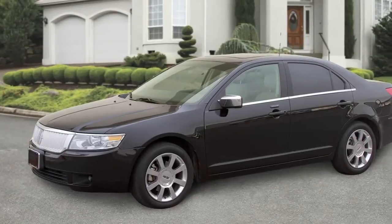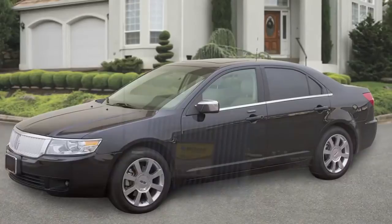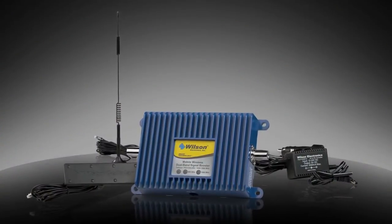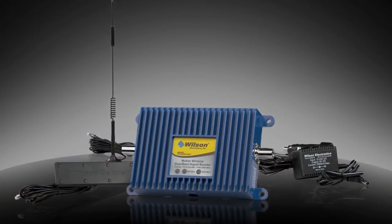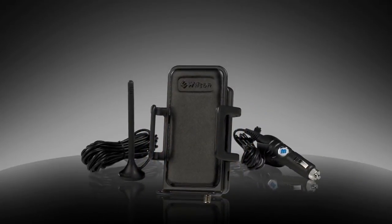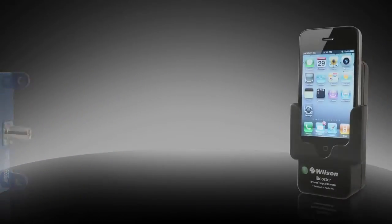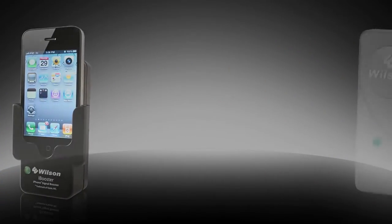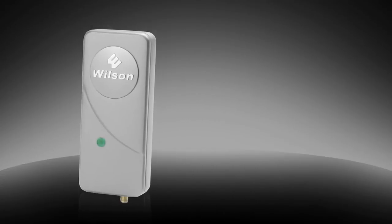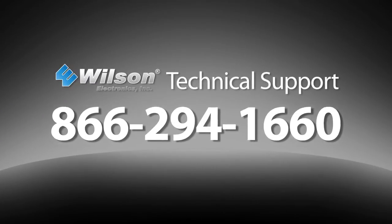In this video, we'll show you how to install a Wilson Electronics cellular signal booster system in your vehicle. We'll be installing the 801.212 dual-band mobile wireless model, as well as the Sleek, which is one of several Cradle boosters we offer. Your signal booster may be different than the ones used in this video, but the installation process will be similar. If at any time throughout the video you have any questions about your installation, please contact our technical support team at